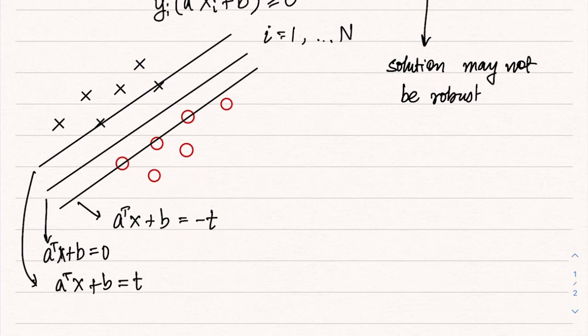Then what we want to do is pick a hyperplane that separates crosses and circles such that the width of this zone in between, so this particular distance between these two flanking hyperplanes, is the maximum possible. In that case, we would be able to maximize the distance between these two hyperplanes and then pick the line in between. So what is the distance between these two hyperplanes?